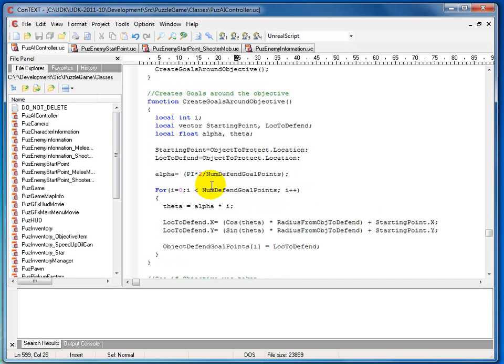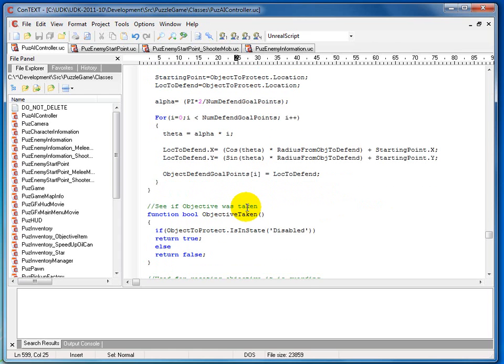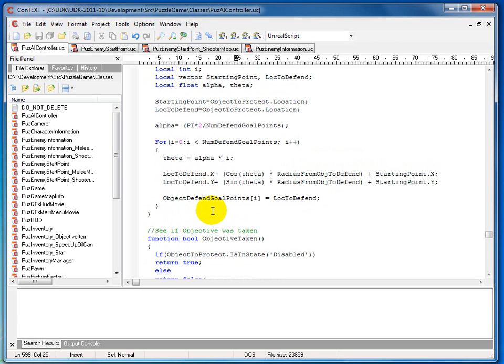For those of you that don't, I strongly suggest you look up and read up on trigonometry if you want to learn exactly what's going on here. But here basically creates that circle for us. Okay, now what we're going to do then is create an array that's going to set the object defend goal points so that we can then use that as we're moving along